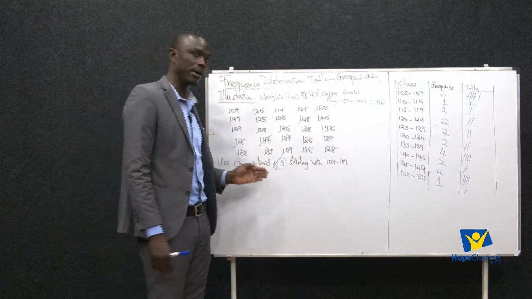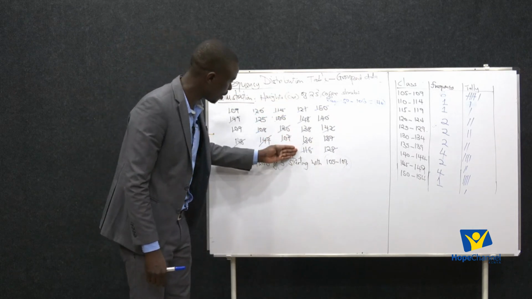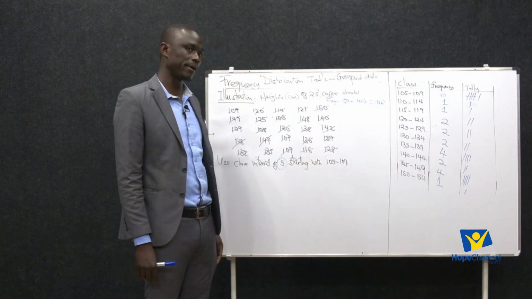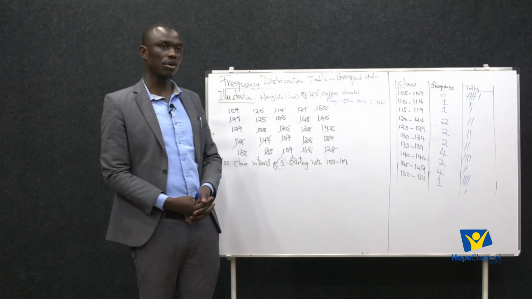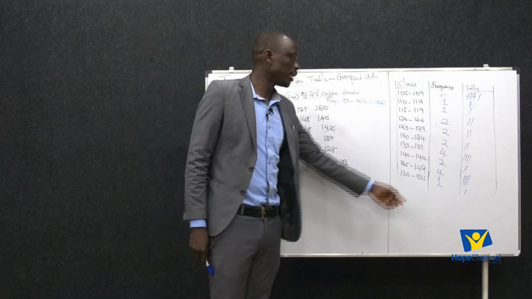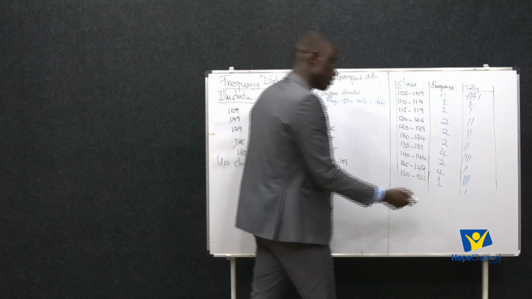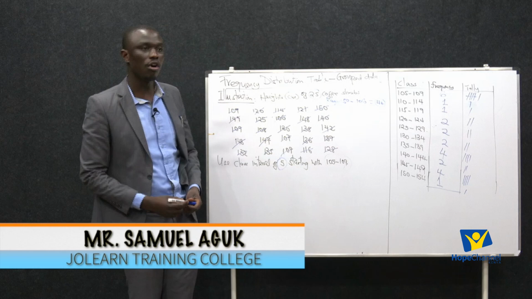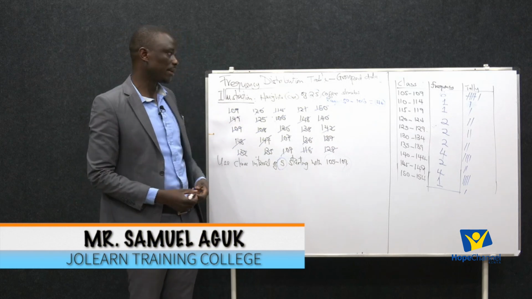Here all of them are crossed. Here we have crossed all of them. Here we have also crossed all of them. Now, because we have crossed all of the observations, the next thing we are going to look into is to add these frequencies, because whenever we are dealing with this, we need to add all the frequencies and determine the